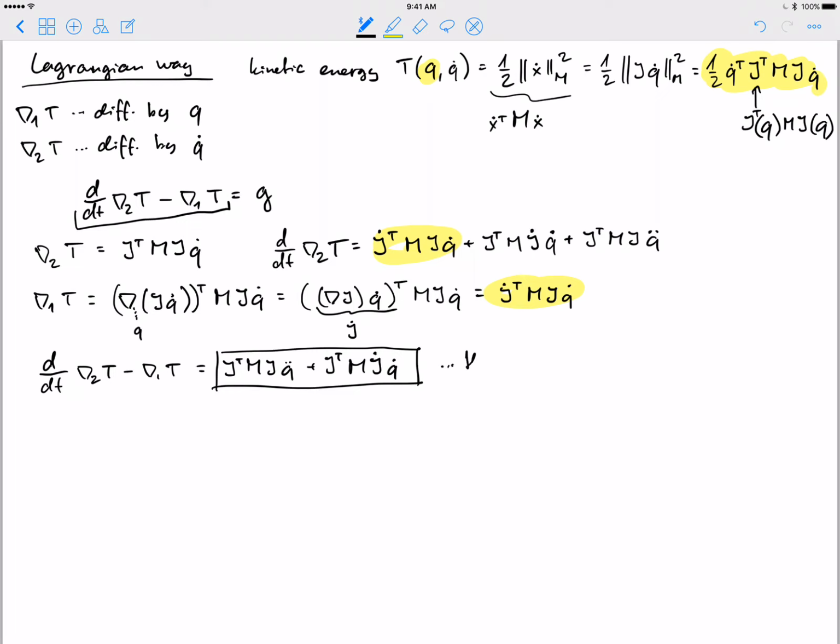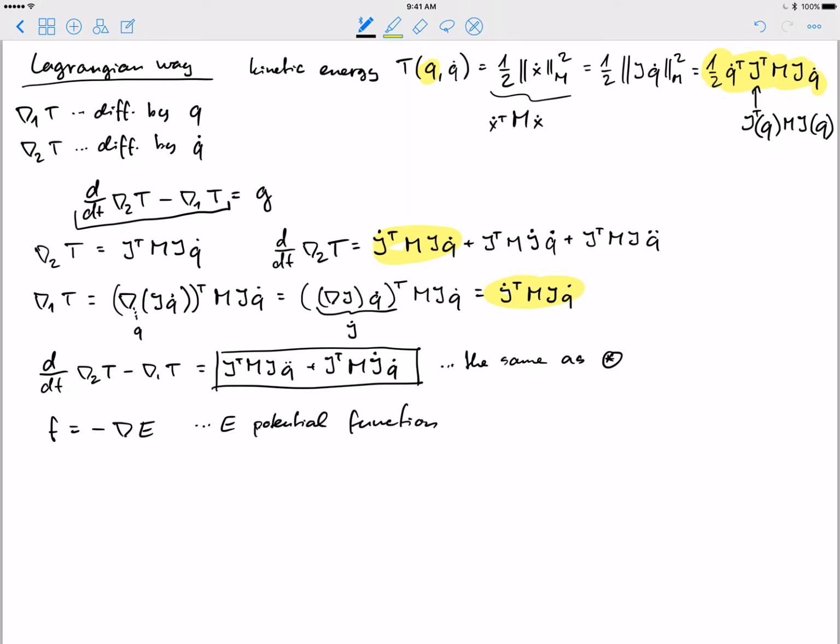So this is the same as the star. Okay? So the Lagrangian formulation leads to the same result. The one cool thing, which I won't go into details about, is that if you have conservative forces, if you can write your forces in Cartesian coordinates as the minus gradient of some potential function, where E would be a potential function,